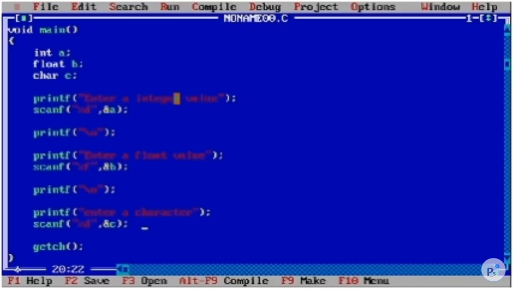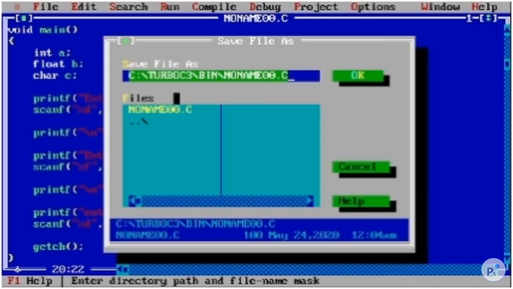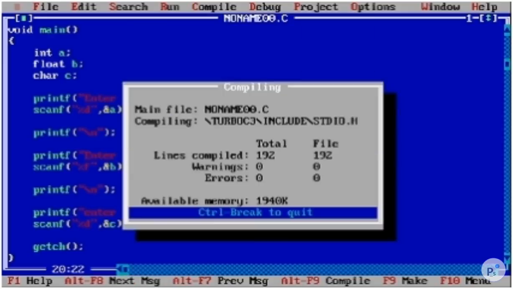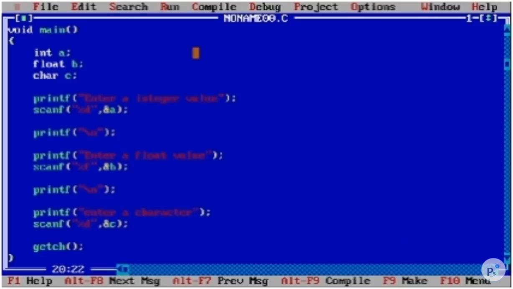So first save by pressing F2. Okay, compile. Alt F9 is the shortcut for it. Okay, it didn't show at compile time, but it will show at runtime when we try to print.